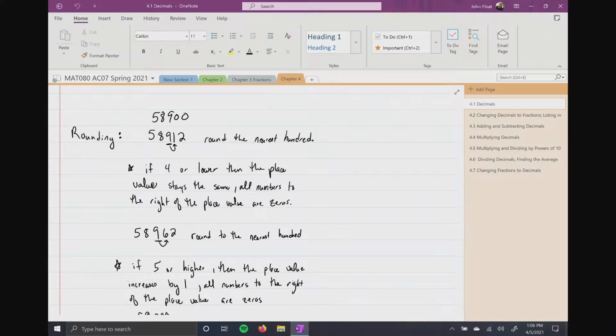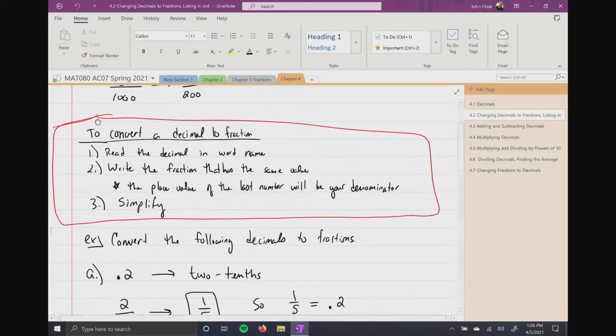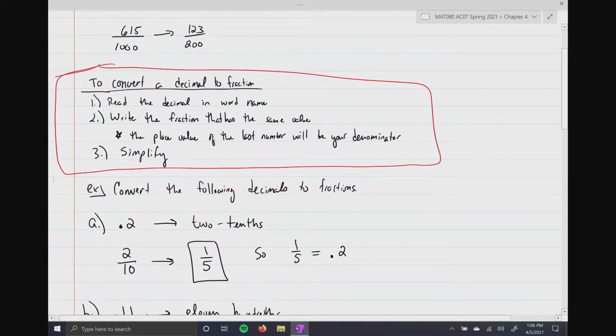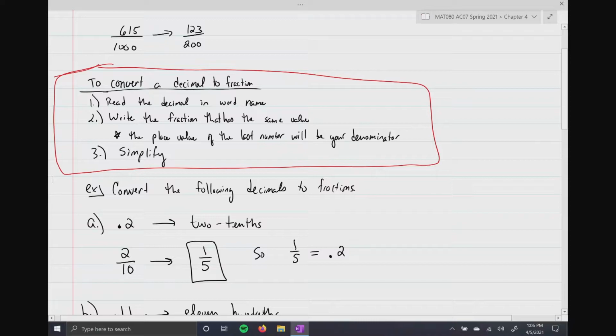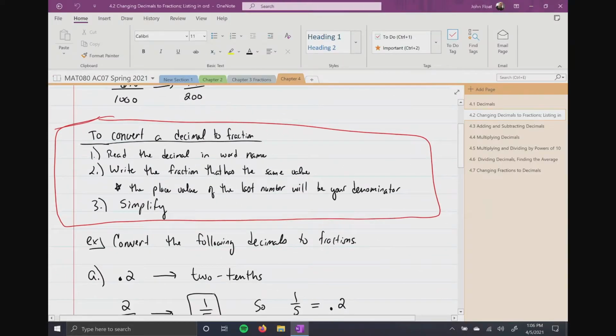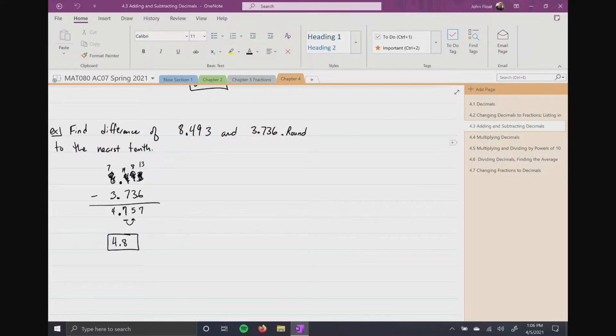Remember, rounding is just the same as it normally is. You just need more decimal places now. Then we learned how to change decimals into a fraction. To change a decimal into a fraction, read the decimal in word name, and then write the equivalent fraction. If you have to, simplify. You always want to simplify fractions. So that's basically what section 1 and section 2 was. The majority of your test is going to be on everything else. So in 4.3,